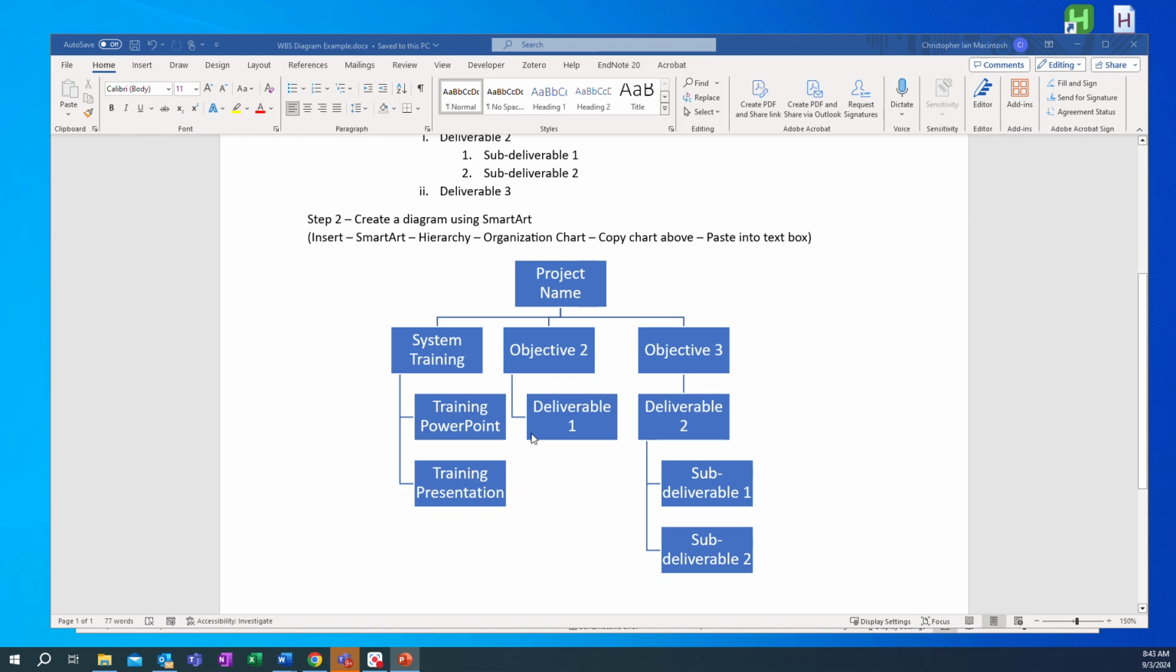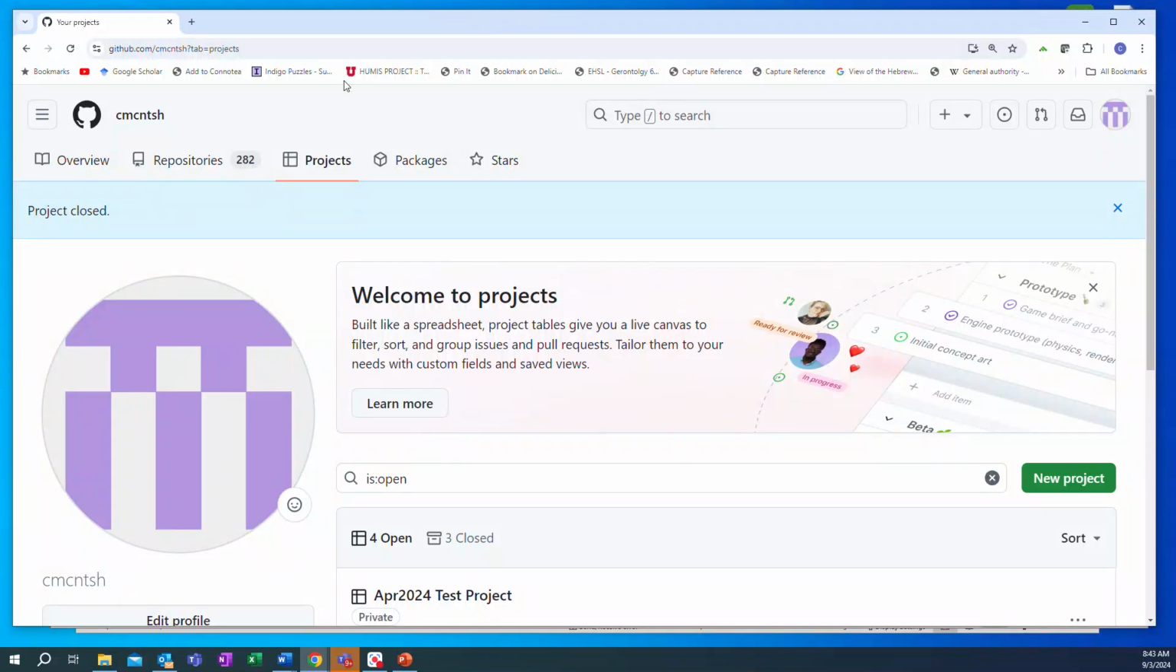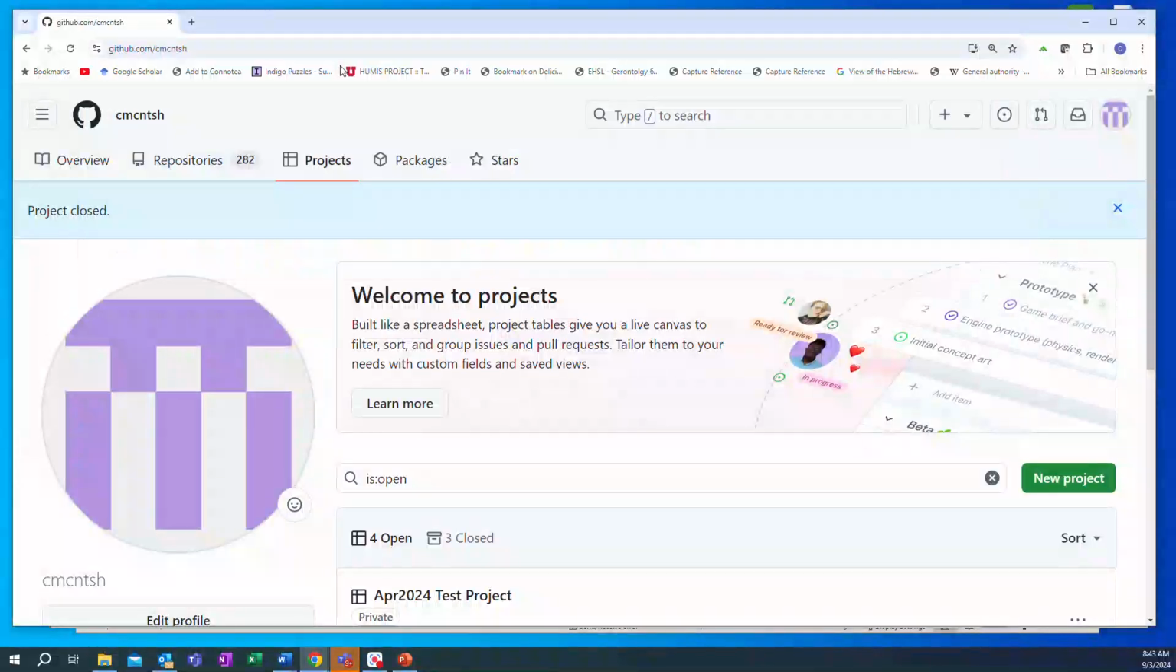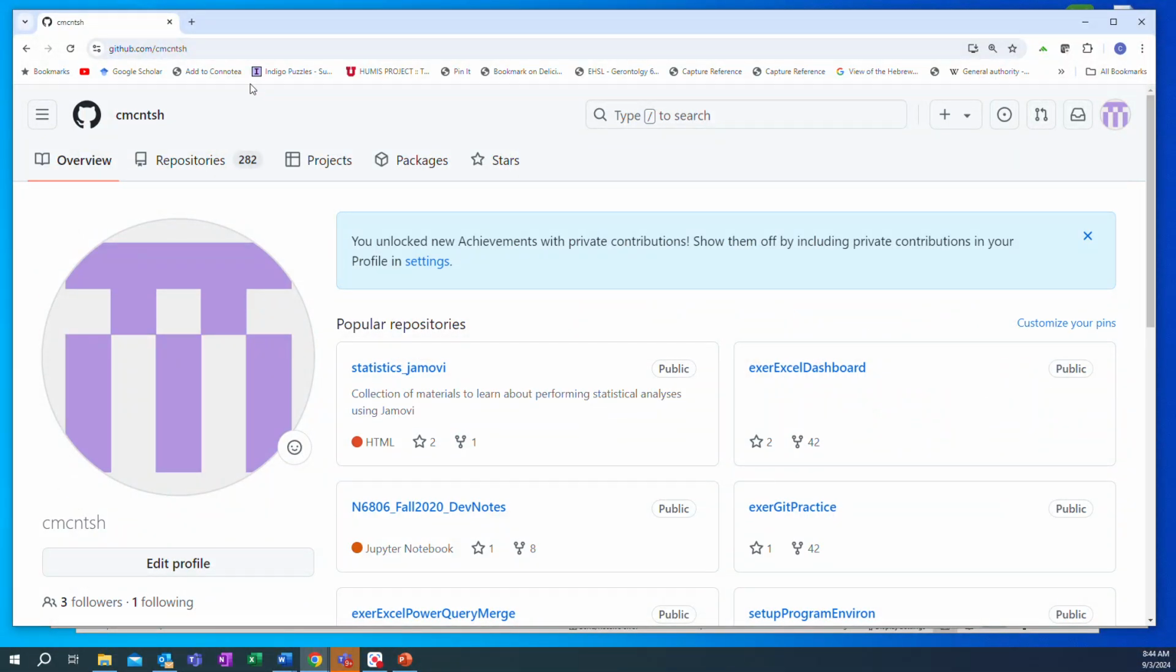and here's our work breakdown structure or deliverables diagram that we created previously, and now we're going to get into a project. So if you haven't already, you can sign up for GitHub. The informatics students have been using GitHub previously. Once you sign up for an account, when you log in, you're going to see github.com and your account name right there. And we're going to go to